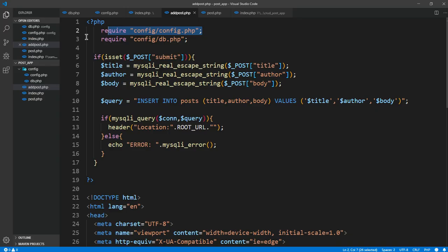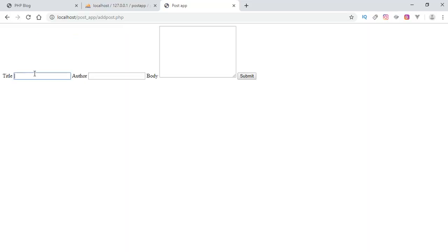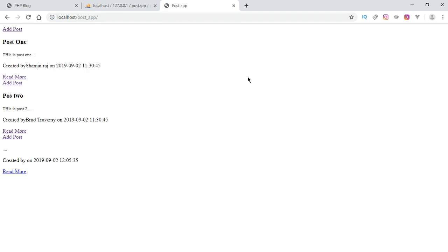yeah, I got this error previously. We don't need the require. I don't know why it is like that, but yeah. So I wanna say this is post 3 for the title, and for the author I would say John. These are just random names from videos. So I wanna say for the body, this is post 3. So if I click submit, it should redirect me and also put it in the database. Yeah, that worked,